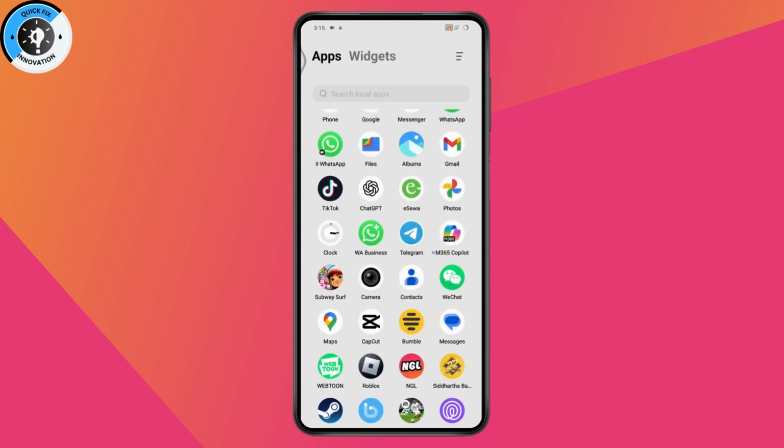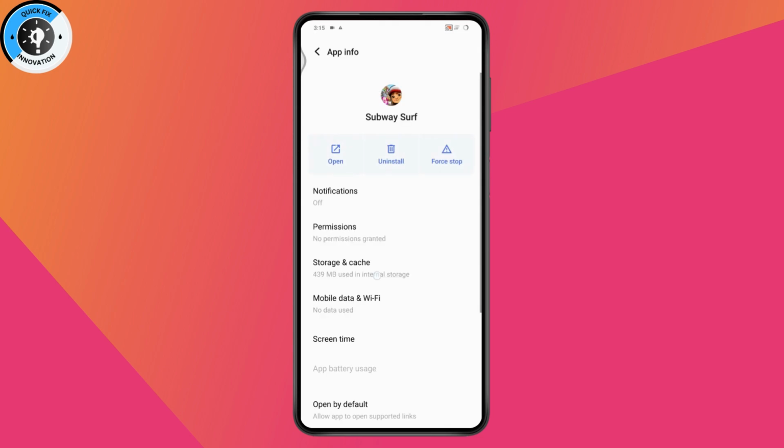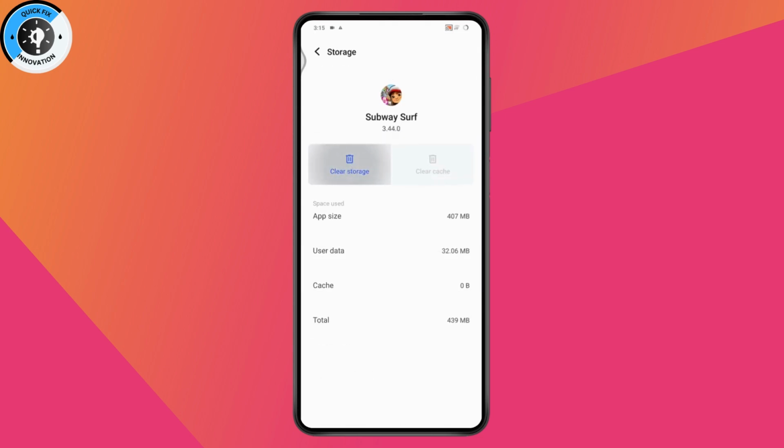Or you can also just simply tap and hold on it again and go with the app info, and you can remove the data. Go with storage and cache and go with clear storage, and then delete all of the data from the application. And after that, if you open the application, it will ask you for your age, and you can log in with your Facebook or your Play Store, and you will get back your Subway Surfers with all